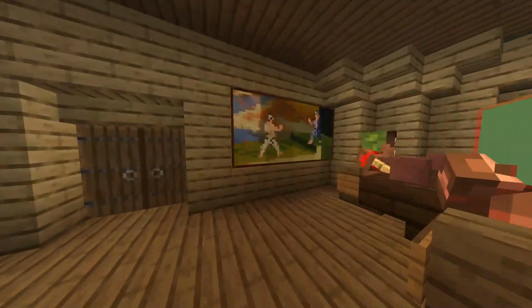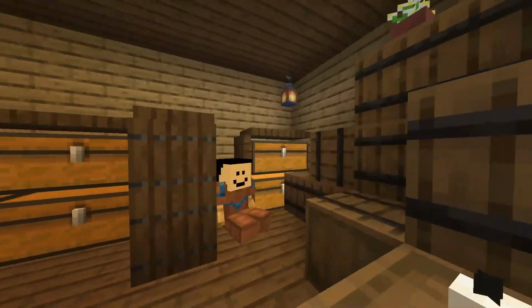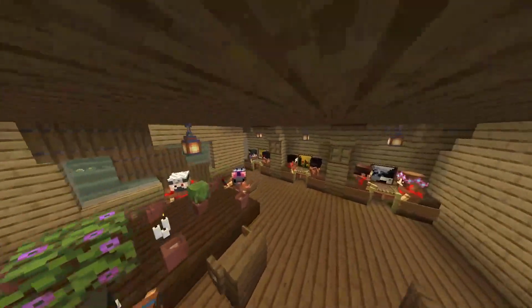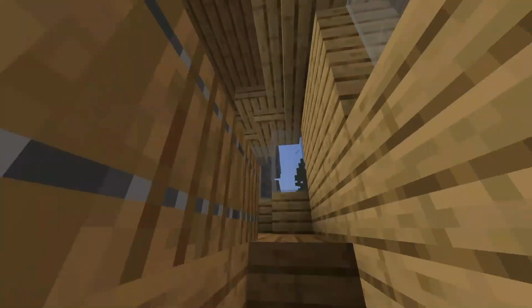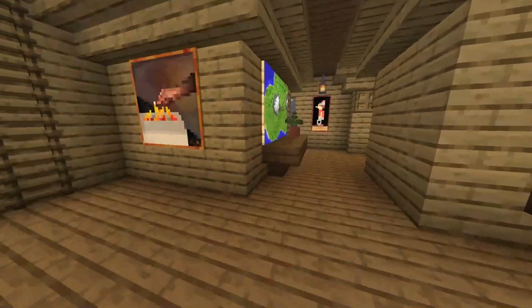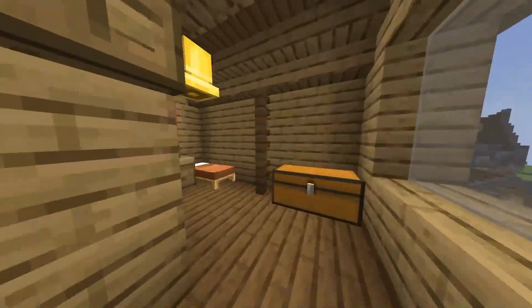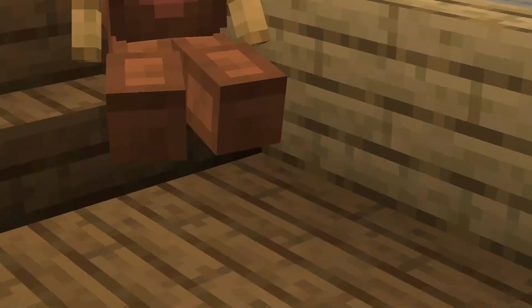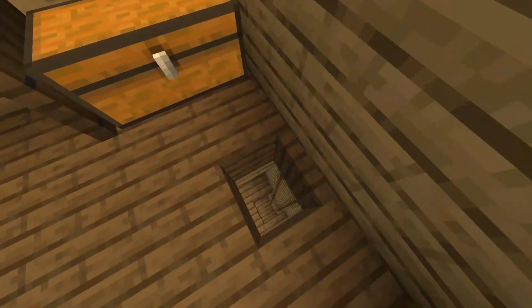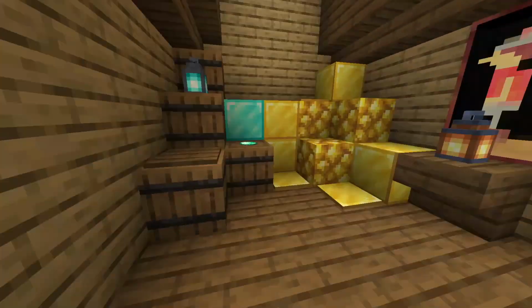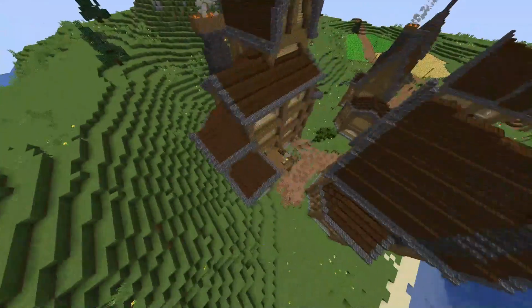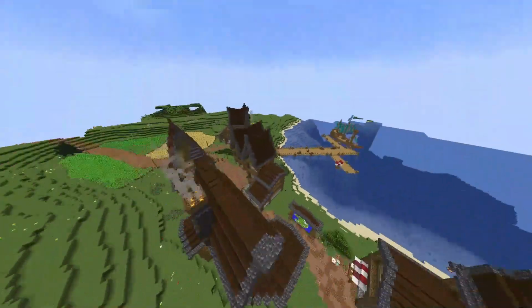6 more on this table. Got storage back here. More armor stand hanging back here. Then we have not the final floor. I think there's 2 more floors after this. This floor, then we got this floor, pixel riffs up here, and then finally we have this floor with the like treasure and all the stuff they've gotten from running the Inn of the Moon, or whatever I call it.